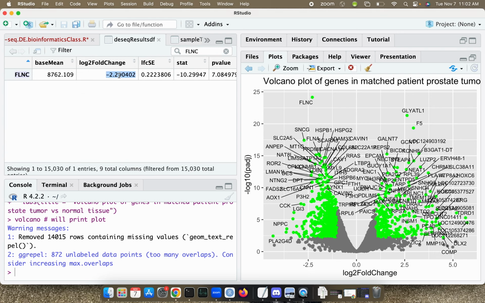So maybe, I don't think this is actually what FLNC is, but we talked about oncogenes and tumor suppressors. What if FLNC was a tumor suppressor and it was downregulated in cancer and not doing its job suppressing tumors? So that's the kind of thinking about the gene's function that I'm talking about. And over here we have overexpressed genes, so genes that